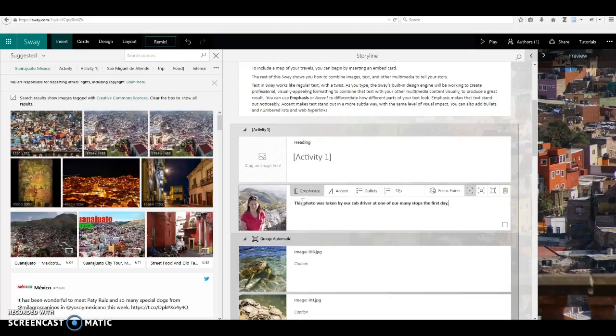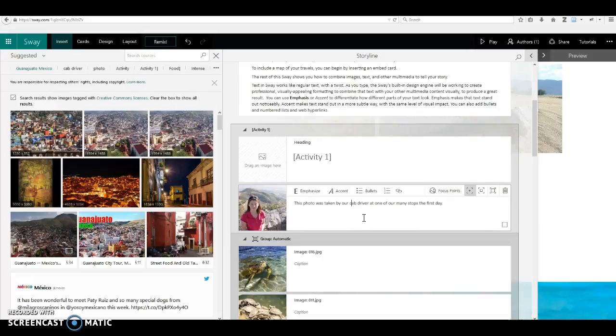It came over as bold. I don't really want that as bold. On our first day, we paid this cab driver a certain amount of money, and he drove us around all day long, letting us get out at various places to take pictures and photos. So, this could be,